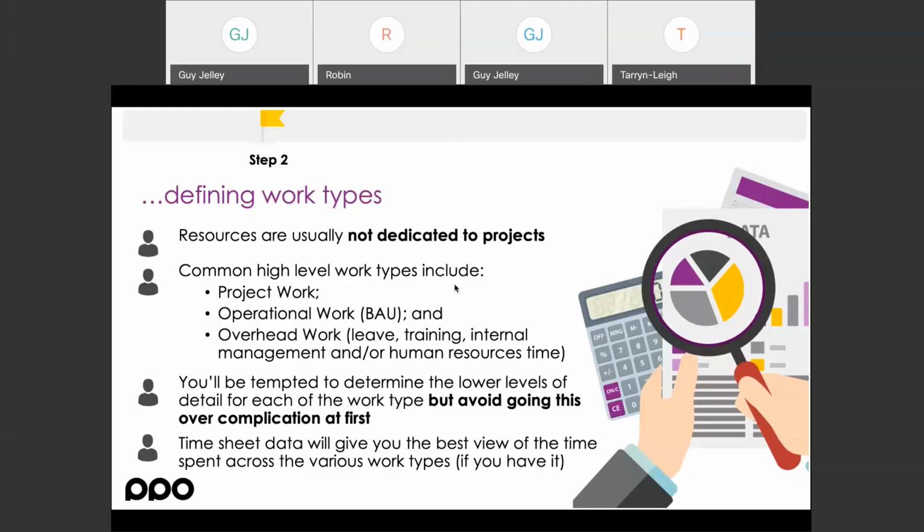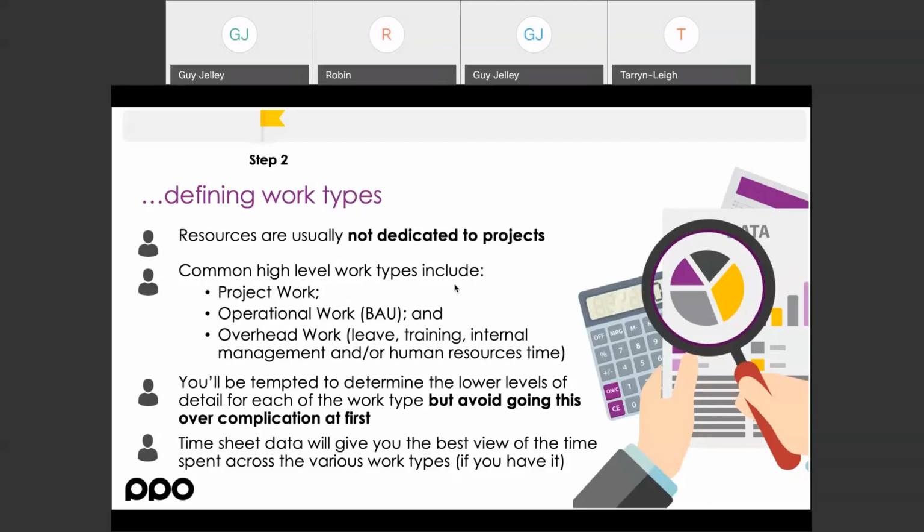overhead work. I would forgo, if you can, the overhead work and focus on project and operational, and only really increase overhead work if you needed to. Once again, it's just an increase of complexity that you probably don't need to deal with in iteration 1 of the process. If you're not sure or you're battling to convince people of what the work types are and you